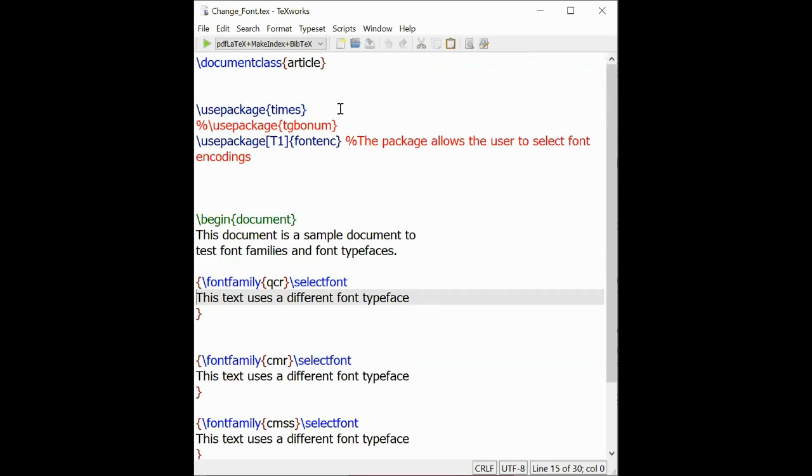So we will compile and we will see. All these font families come from this TG Bonum package. Now I have put the percentage symbol so that this part, whatever comes next to this percentage, will not get compiled.